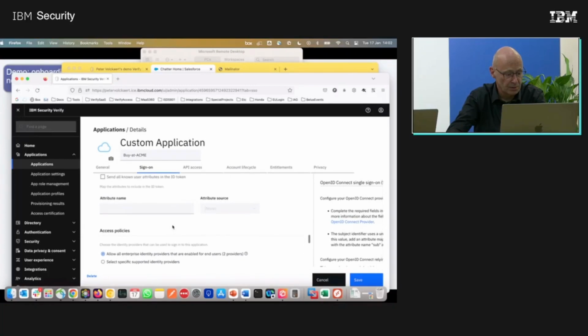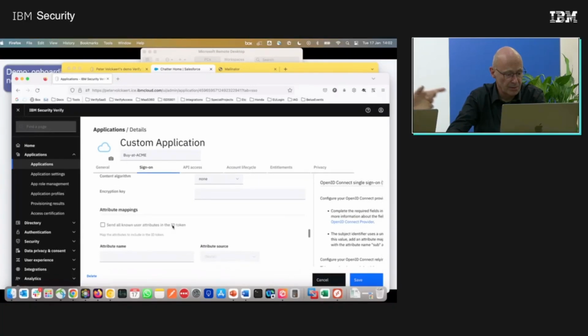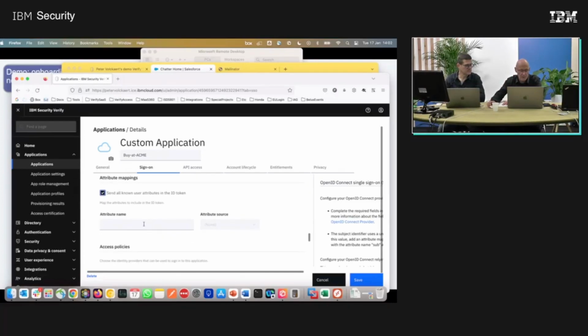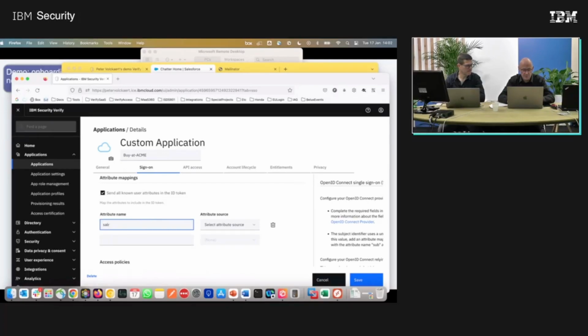Just looking a bit here. Attribute settings: send all known attributes in the ID token. So this is sending all the known user attributes of Jenny towards the application. I can also customize that or add my own custom stuff. And what I'm going to do is add one here, Salesforce